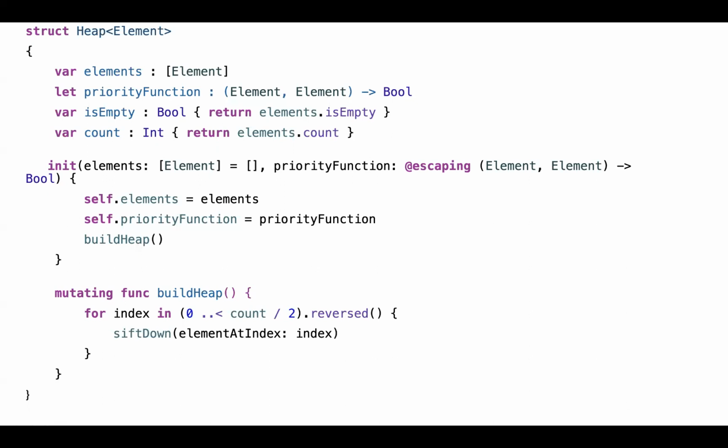But for now, what exactly will this priority function do? The priority function will tell you that if you are giving two elements, how these two elements are related, whether they are in increasing order or in decreasing order. So it is returning a bool, if you'll see,